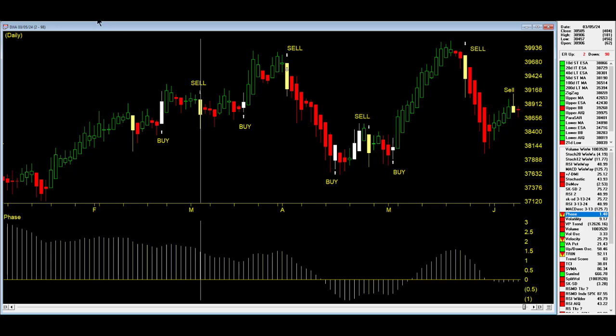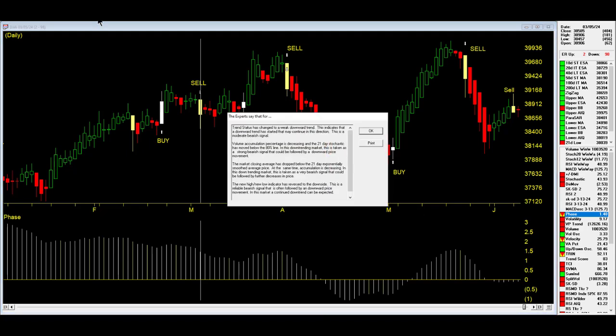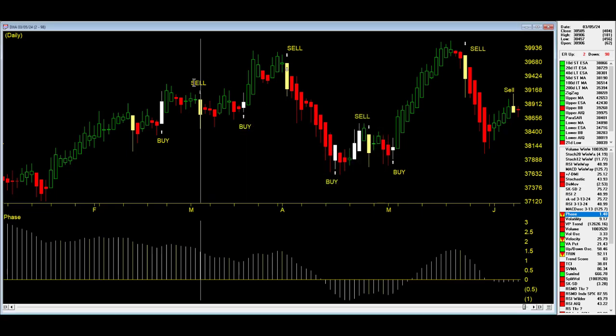Notice when I go to the sell signal, look at the rules that are in the sell signal here. We've got volume accumulation percentages decreasing. The 21-day stochastic has moved below the 80% line. In this downtrending market, it's taken as a strong bearish signal. So each time you have a major rule like this in place and you do get these signals, price action